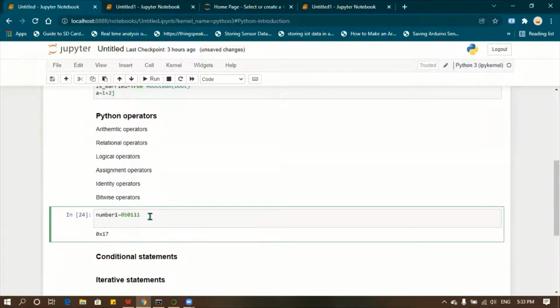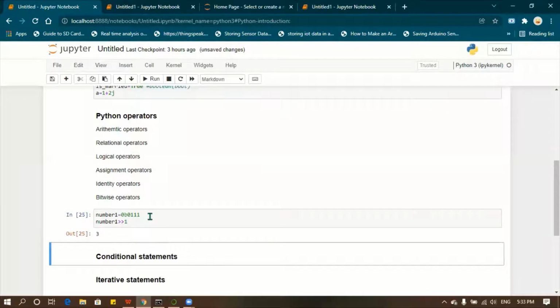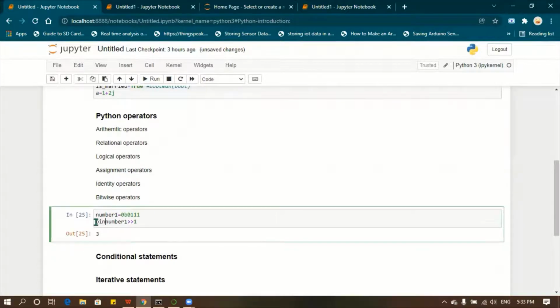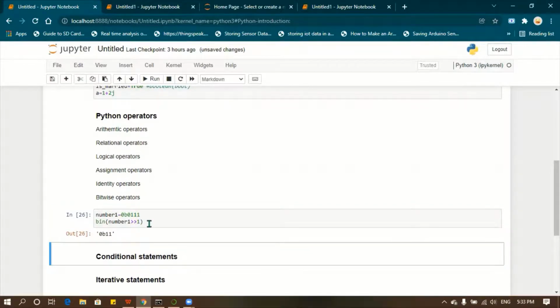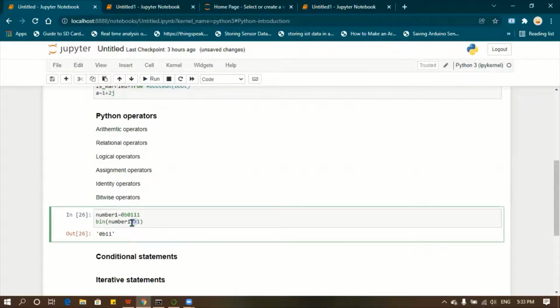Now what I'm going to do is some right shift on it. Move by 1 bit. When I press shift enter, it produces the value 3. So whenever I'm doing the right shift, the bits will be moved.